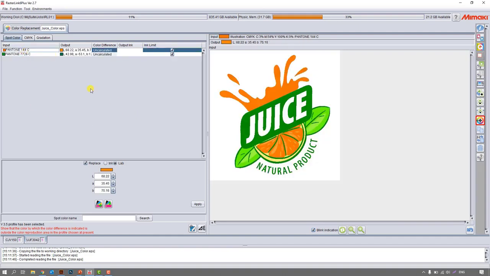We can replace this color, and Rasterlink will find that it is a Pantone color because the color chart is inside, and we can see the delta E difference. So if we do apply, we see that the delta E difference with this profile is delta E 8.46, which